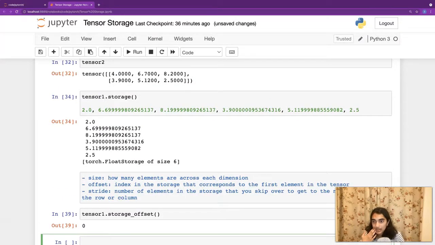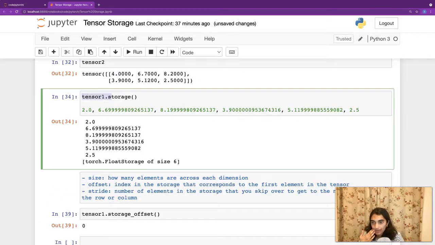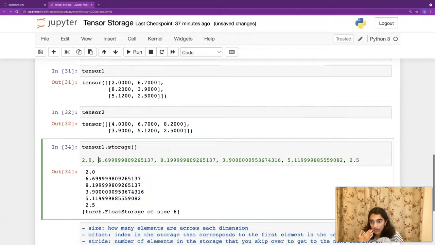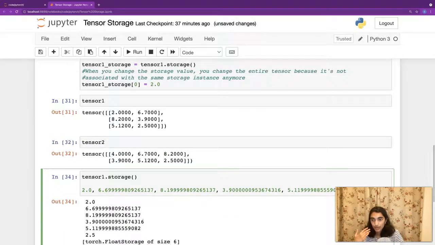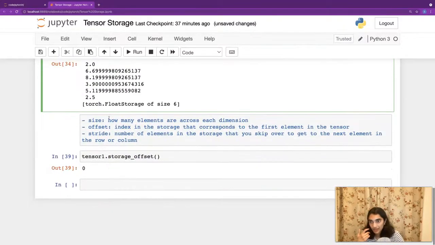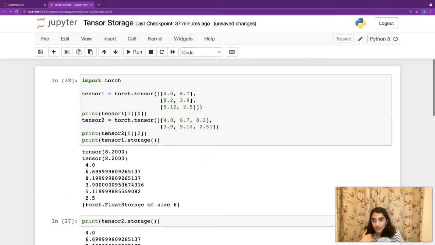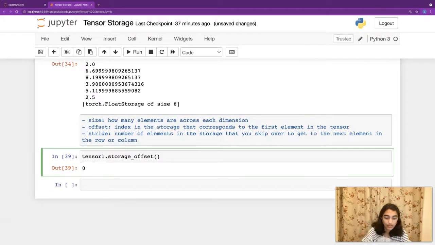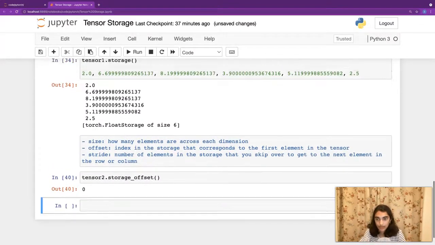The first element of tensor 1 dot storage is 2.0. So what if it was like, what if it was the other way? So where did we redefine? Well, we changed the storage value, right? Remember? So let's talk about tensor 2 instead to make things easier. Tensor 2 dot storage offset is also 0